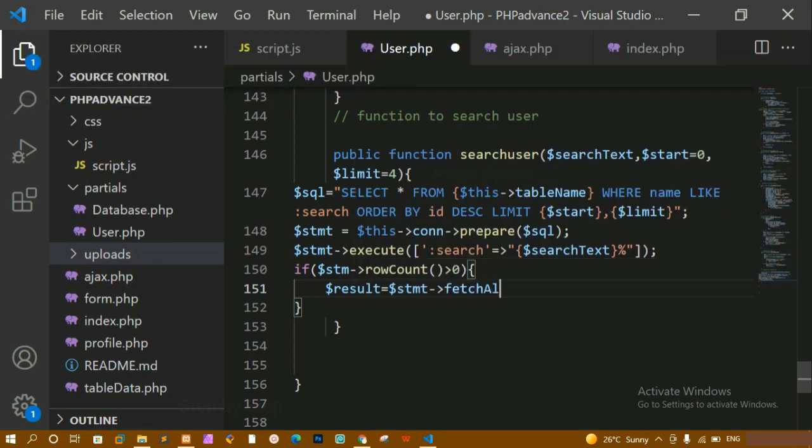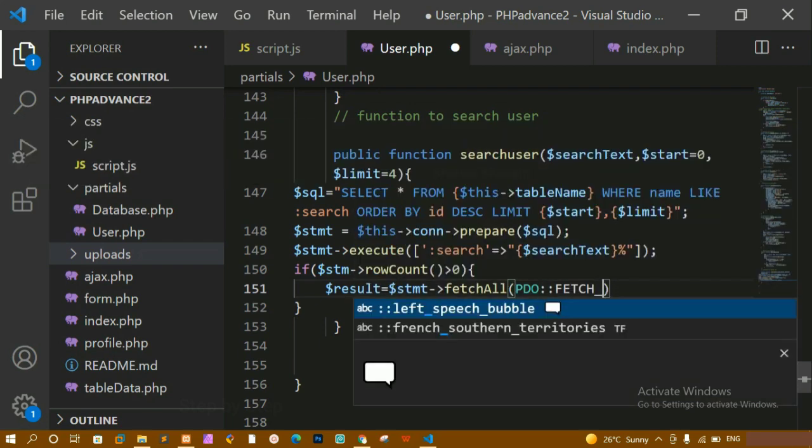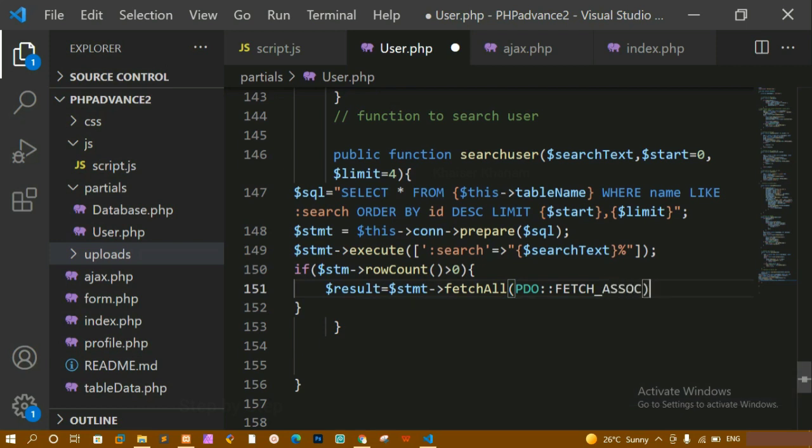So here I will be writing fetchAll, and inside this, we have already seen, we should write this PDO, and inside this I am going to write fetch ASSOC, because only values I need, I don't need any indexes. Using this fetch ASSOC, I will be getting only associative values, not the index number. We have already seen about this. I am going to fetch all the results, whatever data is getting matched. Now suppose I am having 5 Ramesh, so the entire data of 5 Ramesh will be fetched and displayed to me. That is the reason I am writing fetchAll.